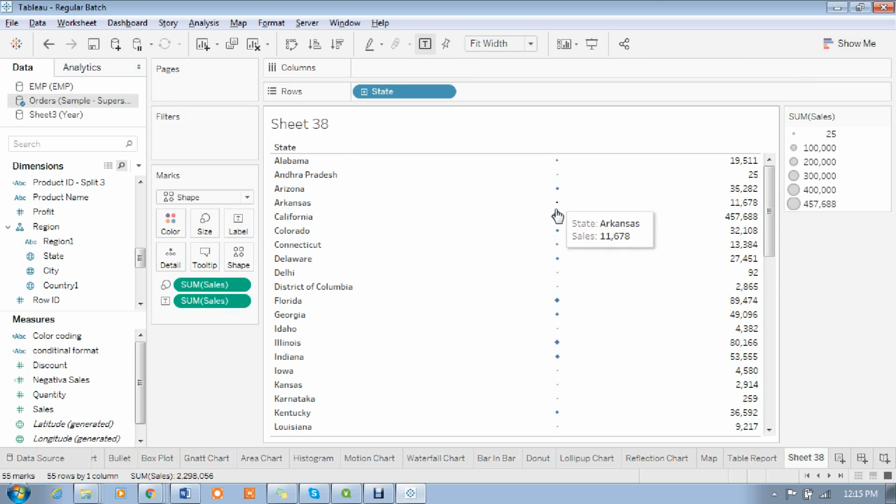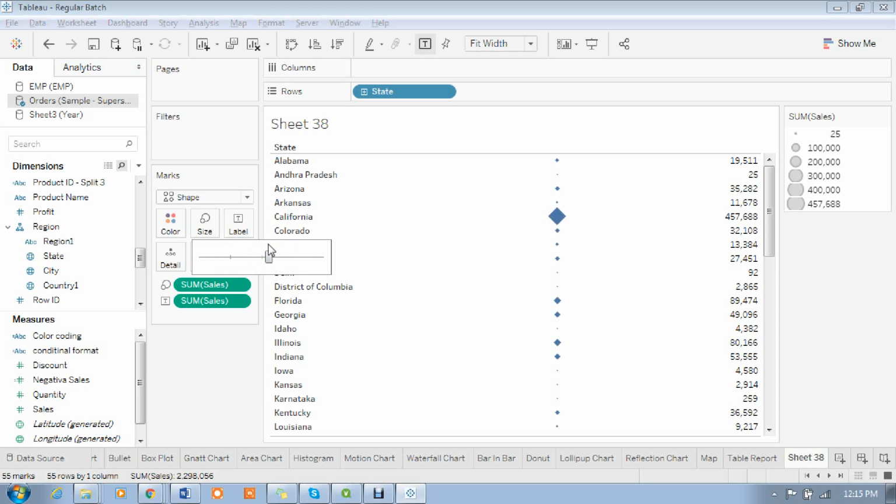This way also we can display. Just increase the size of it. Oh, this report never comes actually.